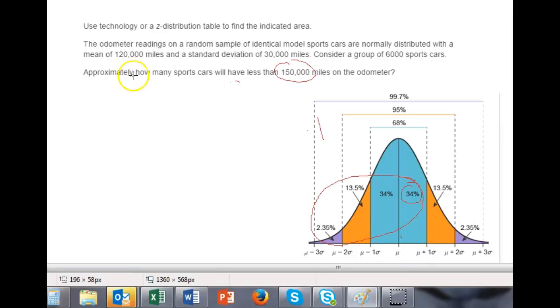Use technology, find the indicated area. The odometer readings of a random sample of identical model sports cars are normally distributed with a mean of 120,000 miles and a standard deviation of 30,000 miles. Consider this group of 6,000 sports cars. Approximately how many sports cars will have less than 150,000 miles on the odometer? Okay, so